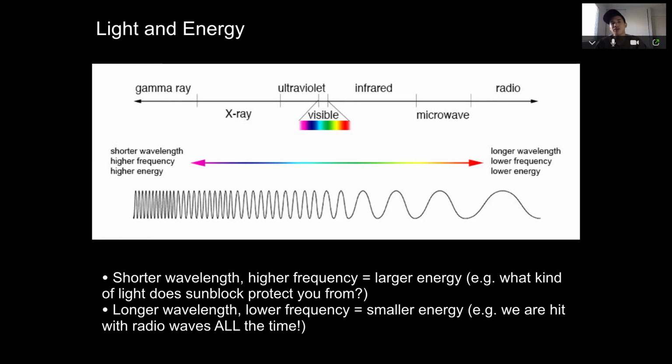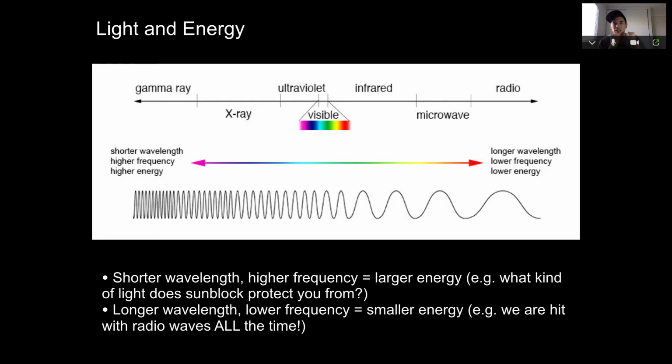So when you're talking about light, just reviewing, light carries energy no matter what kind of wavelength you're using. And again, longer wavelengths carry less energy, and shorter wavelengths carry more energy. So this kind of opens up some sort of discussion, right? Because when you think about it, radiation basically just means light. And usually when you say the word radiation, that invokes some sort of negative emotion because